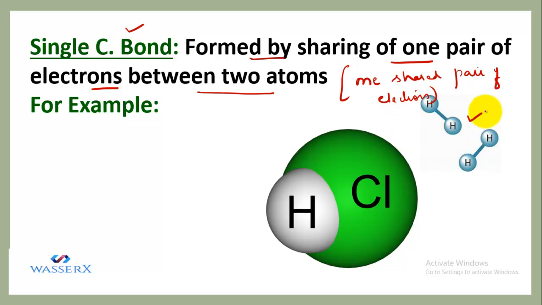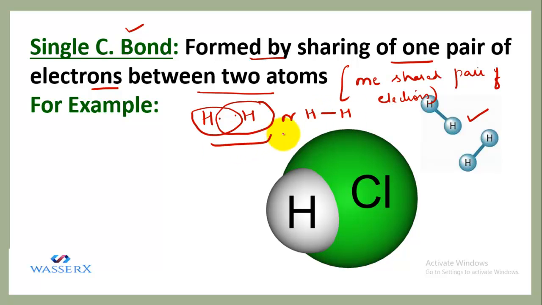As we did for hydrogen, you saw that each hydrogen was contributing one electron, and this is how you show that they are mutually sharing. Or you can also represent it like this. After showing this structure, you can represent it as a line also. But it is always good to explain the covalent bonding by showing these dot structures and making these electron clouds and then replacing them with a line.